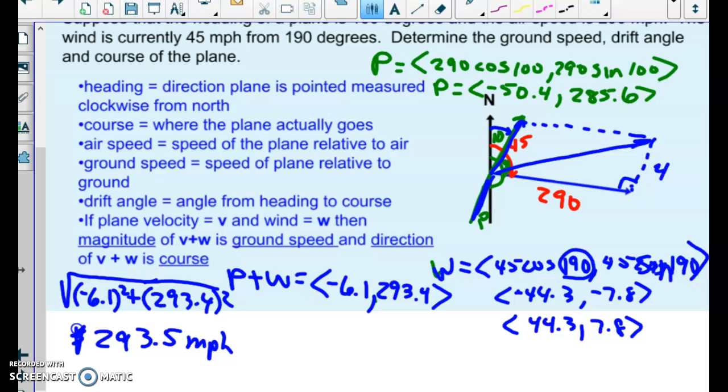And we could probably plug that into the Pythagorean theorem. And I did that, and I'll be darned if I got the same answer, the 293.5. So I might have done it a more difficult method. So if that's true, we want to know that the drift is going to be